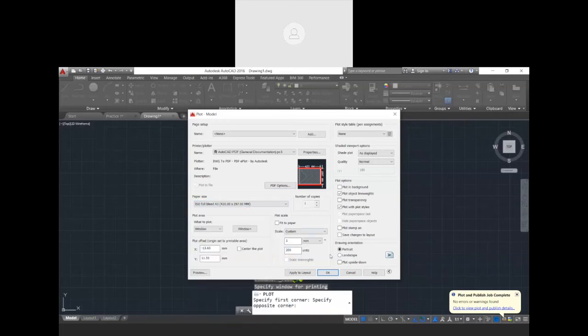So here you can set the scale. If you want to be in A3, you must fit into the A3 size. You can use a scale of 200 or 150. But what I want to show you is, when you open the Photoshop,